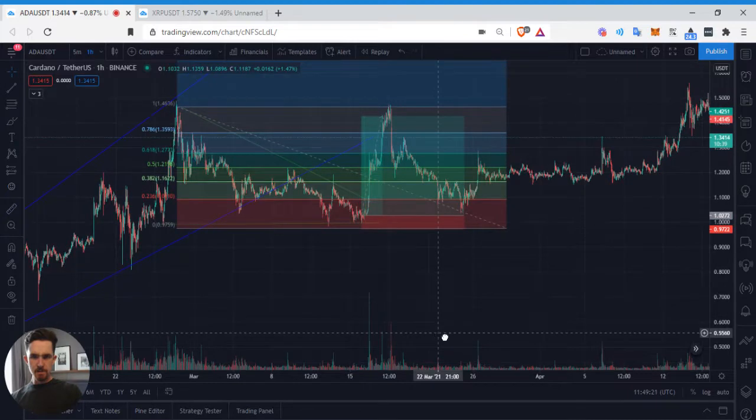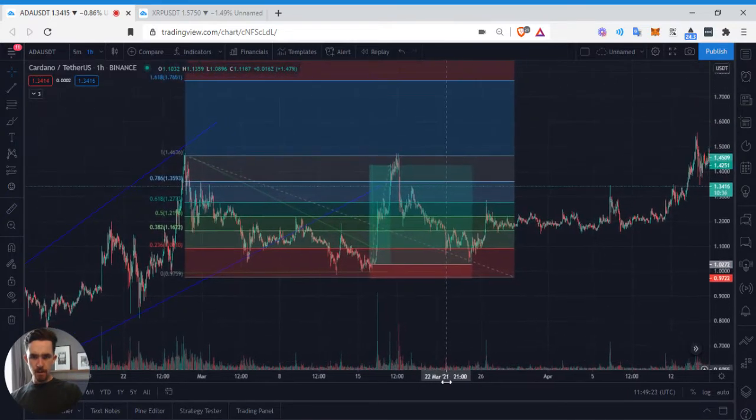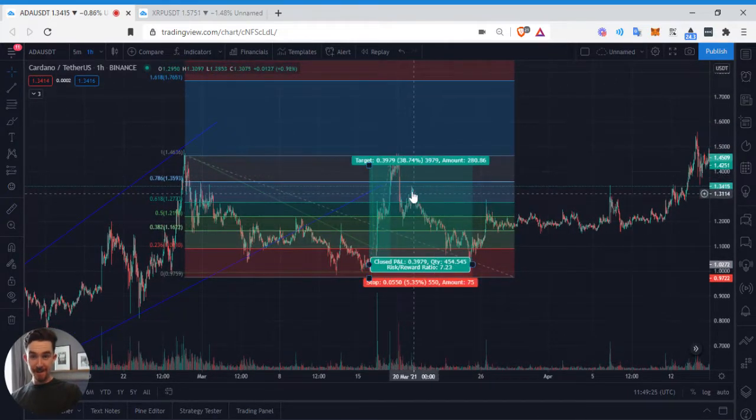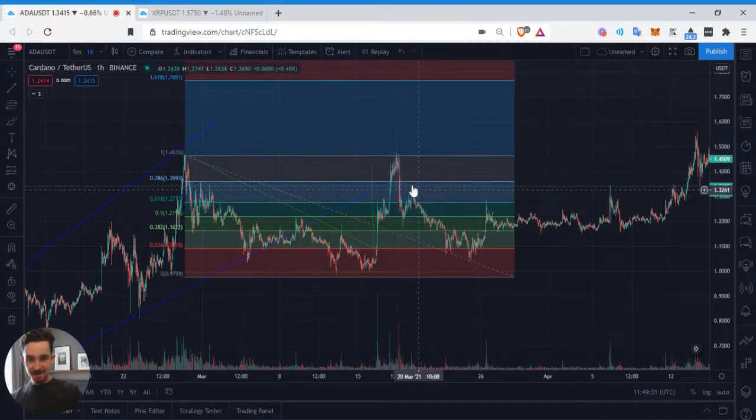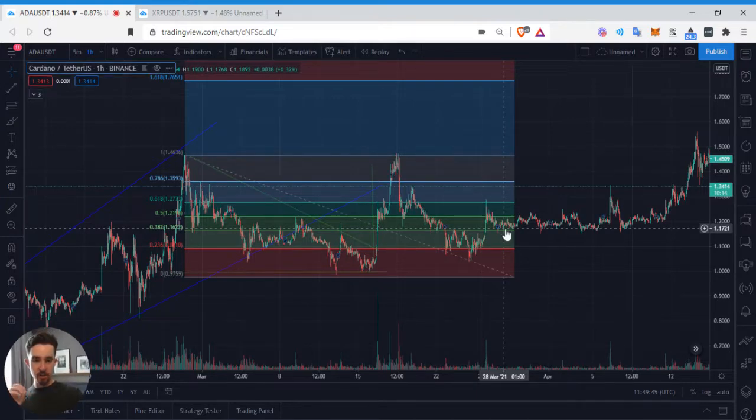So let's see here. Okay, yeah. This actually would have given you a nice entry. Look at that, it's literally right on. Let's get rid of this guy. Look at this: you could have pulled profits right here at this 0.786, which is a level a lot of people like to use. It hit it literally exactly. And then you can see from here how Fibonacci extensions work. Absolutely beautiful. Again, I will talk about this more in the free course. But let's see.